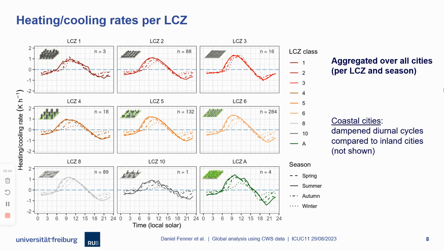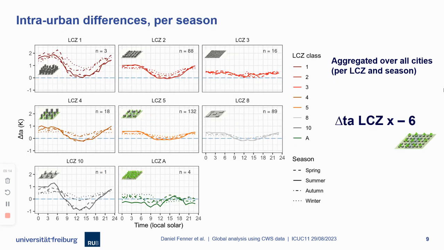And we can see that there's also a time lag, which is a result of the sunrise being later in winter in comparison to summer. So you can really nicely see that here. What's also interesting, and not shown on the slide, is that this heating and cooling is dampened in coastal cities. So we can use this not only to compare macroclimate zones, but we can also start seeing topoclimatic effects in these data, comparing coastal cities, non-coastal cities, mountainous setups, and so on. So we're just starting.